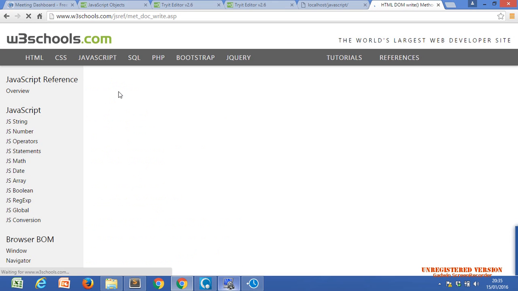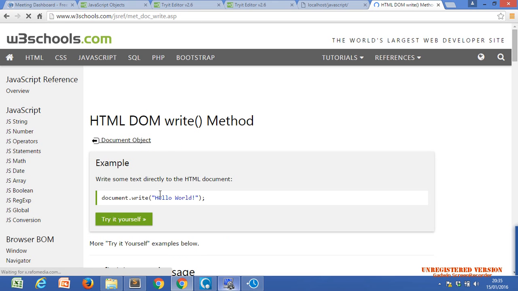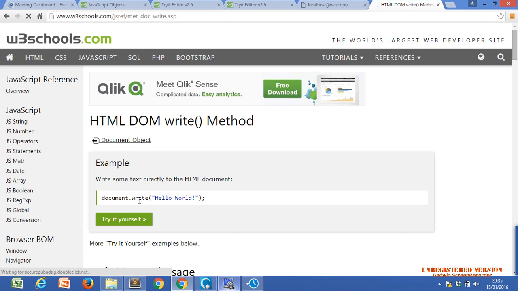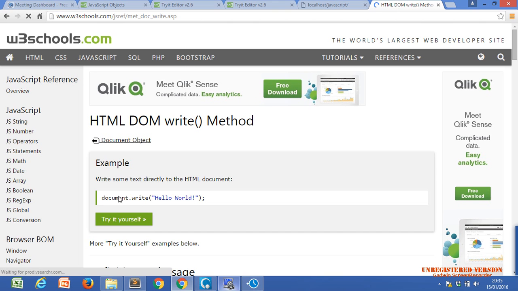This is one kind of echo in the document. Document.write, yes, it is correct. But it is a function. Maybe it is a function.